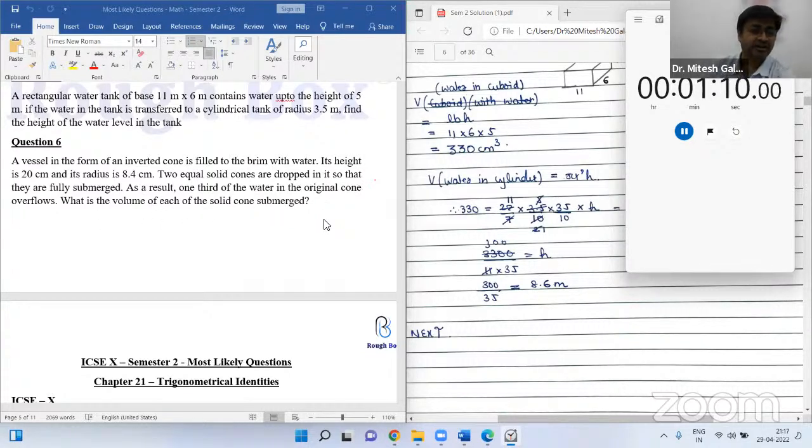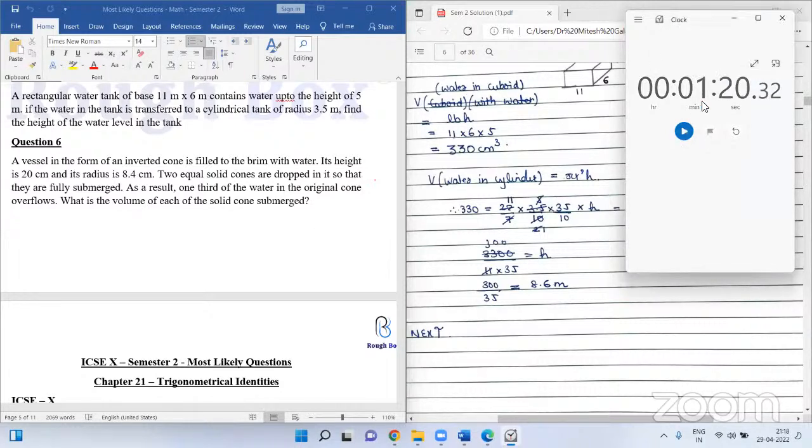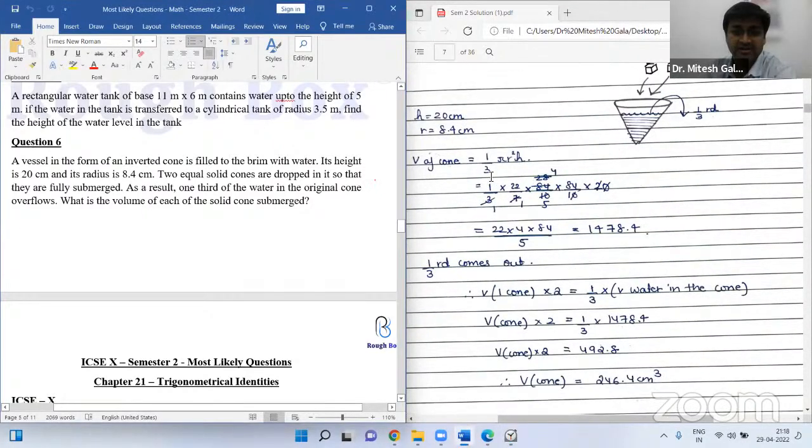You don't need slant height in this case. They've asked you the volume of the solid cone. So volume is what you are dealing with. Volume doesn't need slant height. It needs the direct height. Here, Archimedes' principle will apply. Exactly. So the volume of the water that's spilled out